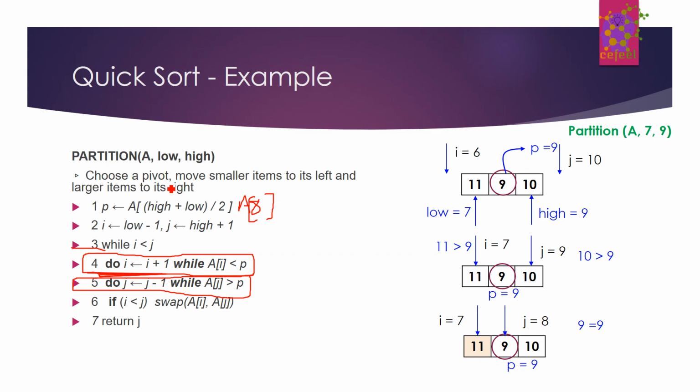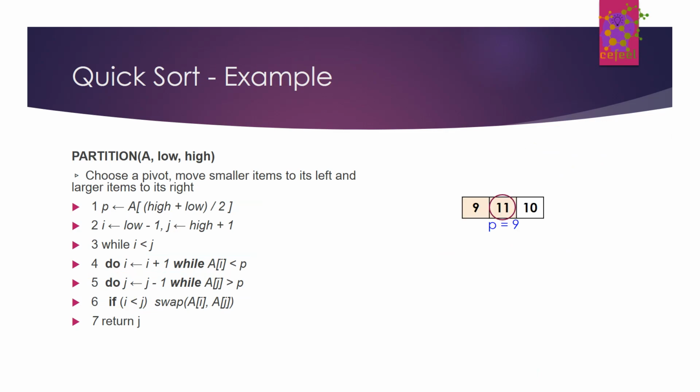So this while loop will stop, and then we will go to step 6. In step 6, what happens is i is compared with j, so i is definitely less than j, which means these two are perfect candidates for swap. i is 7, j is 8, and then 9 and 7 are swapped. We will now have 9, 7 and 10, and we will go back to